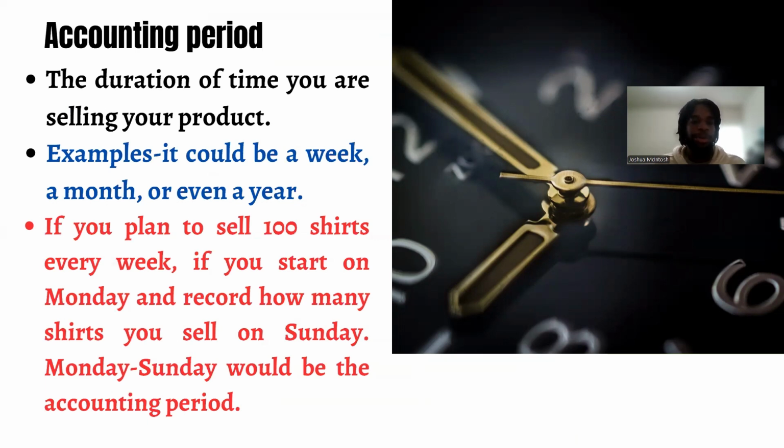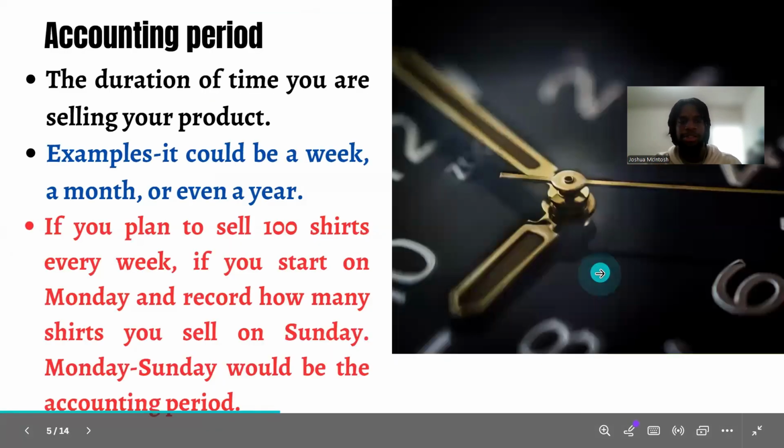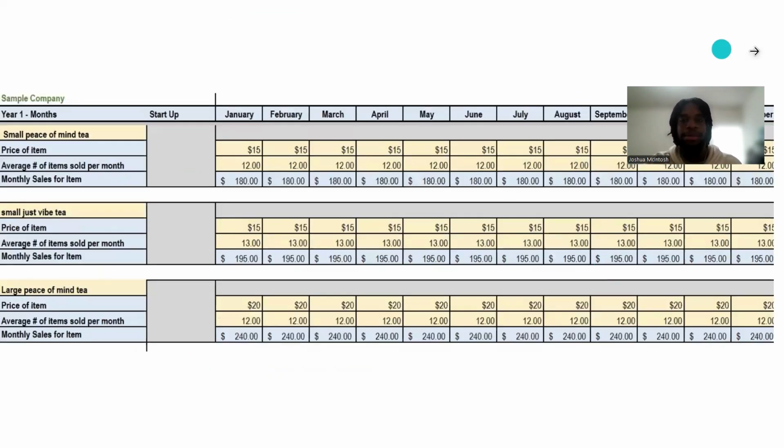So, for example, if you plan to sell 100 t-shirts every week and you start your week on Monday and you record how many t-shirts you have left on Sunday, Monday through Sunday would be the accounting period. Usually people do it by month, like these are the sales I made in January, these are the sales I made in February, and these are the sales that I made in March. And once you add the terms, which is the basic financials inside your profit and loss statement, and the accounting period, you get something like this,